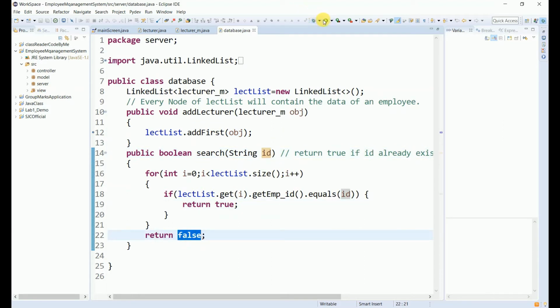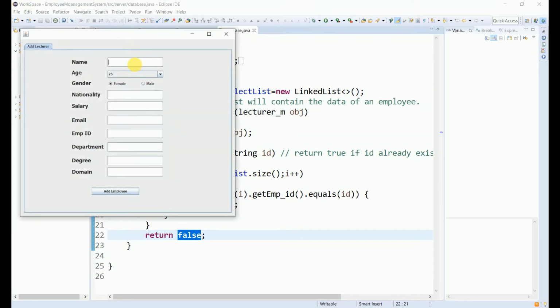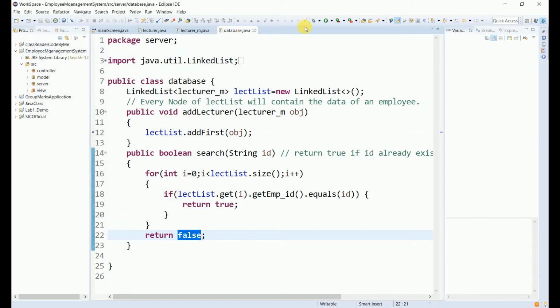So for now, if I execute this, I give it some name, for example ABC, nationality let's say PK, and salary let's say 25,000. Email is something, employee ID is let's say 1234, department let's say CS, the degree is SC and the domain is SC. I say add employee, so it adds the employee and then clears out the form so I can add another employee. So if I go into debugging mode,